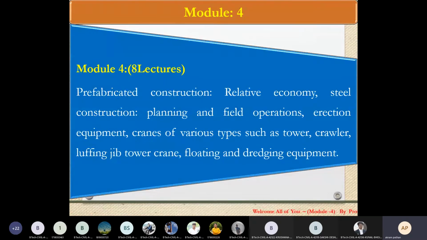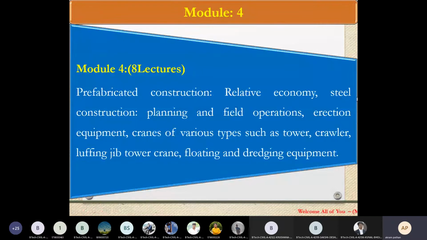If you construct a residential building, for 50 years, without any failure, it sustains whatever may be the things. Whatever may be the life of the structure, it survives up to its design life. So we should keep in our mind the first article, that is the relative economy in case of prefabricated